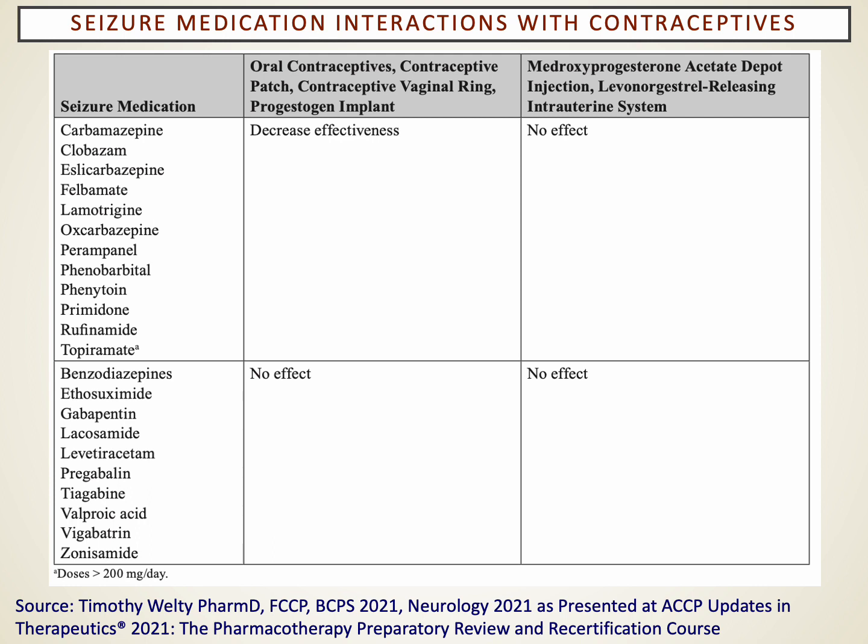There's also a concern with contraceptive use and different antiepileptic drugs, many of which could decrease the effectiveness of hormonal contraception as well. And so this might be a discussion with the patient if you're giving them an estrogen-based or a progestin-based hormonal contraception. You want to evaluate whether the risk of decreased efficacy is noted, and that it could be very problematic. So you want to be aware of that. Important interaction to consider.